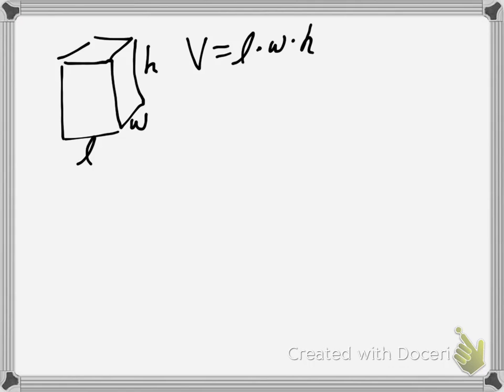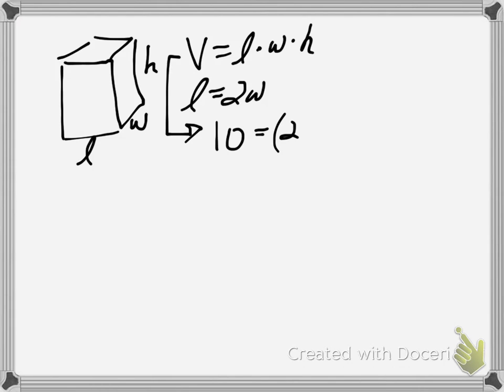L, W, and H. They tell us that the length is twice the width. So everywhere I see L, I'm just going to replace that L with a 2W. And they also tell me that the volume is 10 centimeters cubed. And so I'm going to go ahead and plug 10 in for V, 2W in for L, and then W. And now I'm going to solve for H. And I get H is equal to 5 over 2W squared,